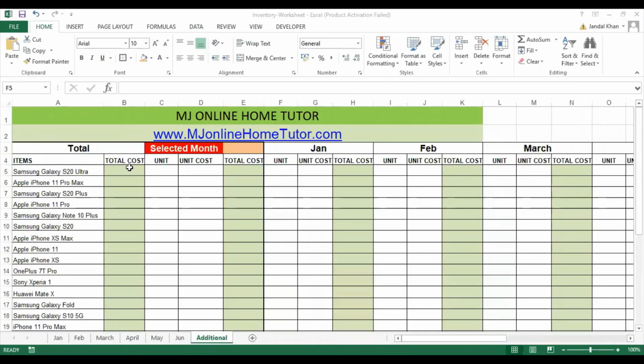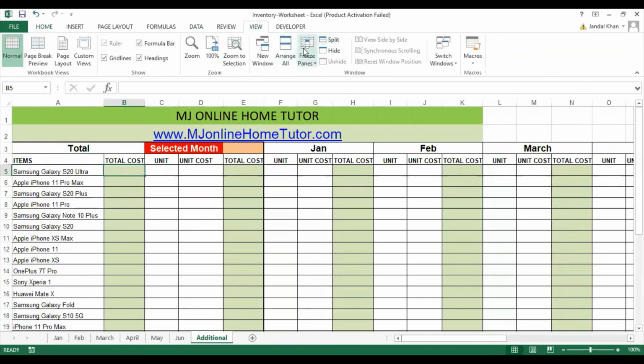Now we are working on an additional sheet where we will look up all the sheets' values on one sheet. Table array from Jan, because we are working on the Jan sheet.